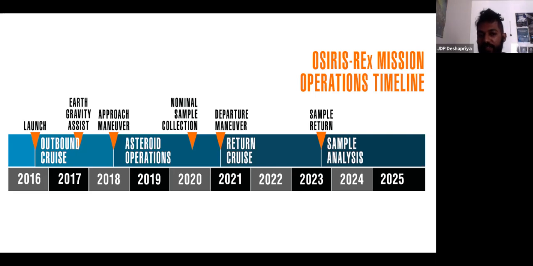So as I said, we arrived at the asteroid this time, and then we have to collect the samples. Sample collection is scheduled for August later this year, so in about a couple of months. And then we have a return window, so we could start the return to the Earth as early as March next year, 2021, or we could even stay longer, to about 2022, and then come back,